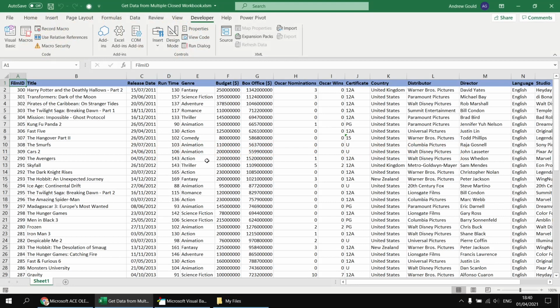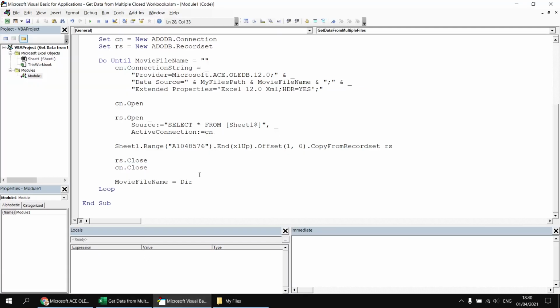So there we go, there's the core part of the system working. We've extracted all of the data from multiple closed Excel workbooks without needing to open up a single file. But from this point on, we can get a bit more creative about exactly which set of data we retrieve from each file. If you know much about how select statements work in SQL, you may already have some ideas here about how we could alter the list of data we retrieve by adding a where clause to the select